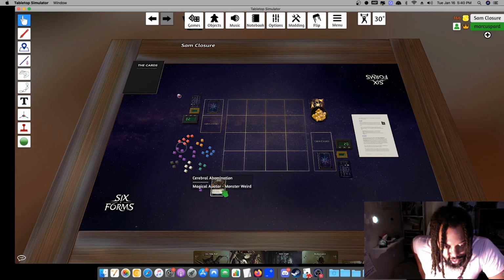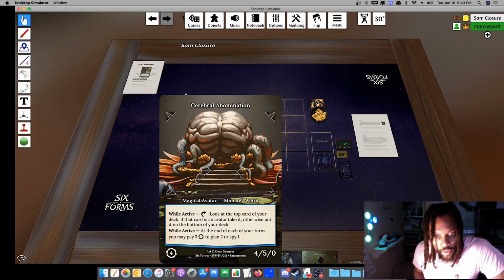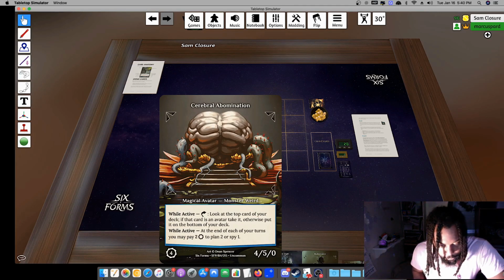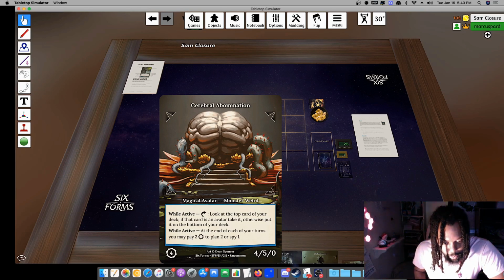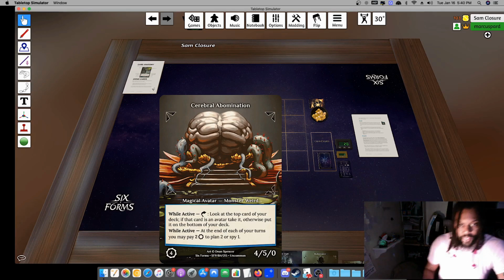Battlefield cards, they have stats. The stats are on the bottom right of the card. So this Cerebral Abomination has a 4 for the strength, which is the first number. The health is the second number, and weakness is the last number. So just attack and health, standard power and toughness like other trading card games. And then the weakness,